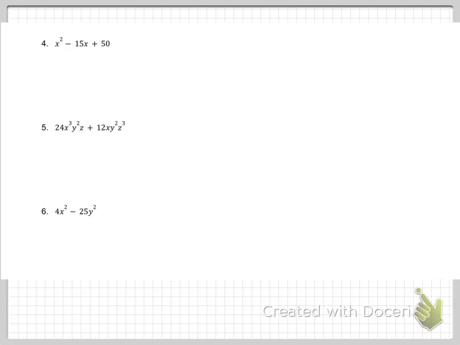A little further down, the next one we're going to do is, again, a trinomial. So I'm going to factor 50 and write down the factors of 50. But before I get started, notice I looked at B and saw, oh, there's a minus 15 there. That means that we need to have the factors be both negative because we need it to add up to a negative number. So negative 1 and negative 50 both multiply to get 50, but they do not add to